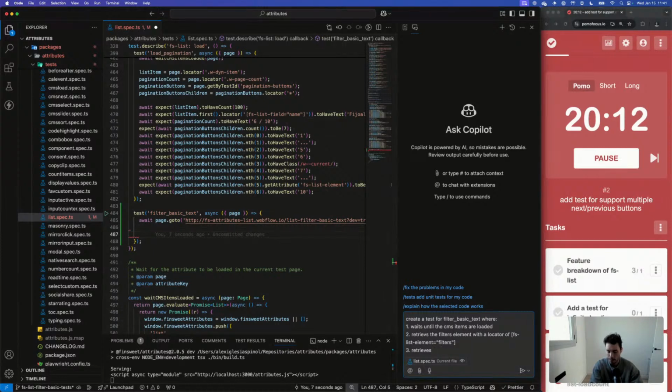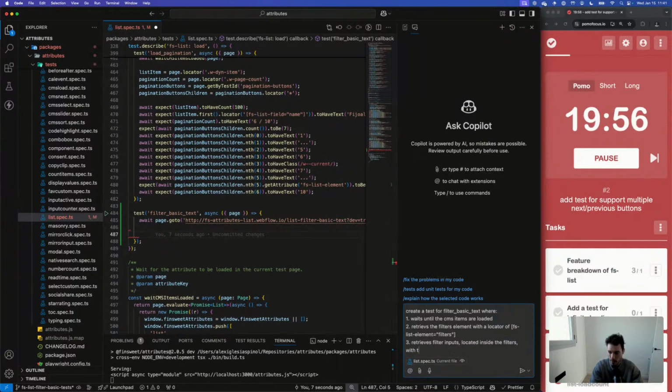Retrieves the filter inputs located inside the filters with the following selectors: fs list field, name.